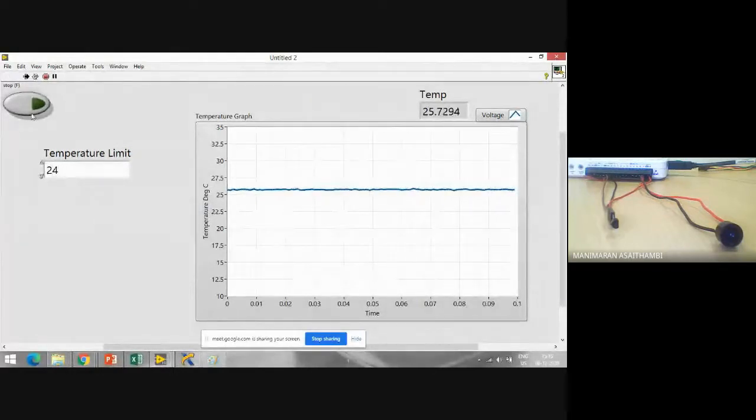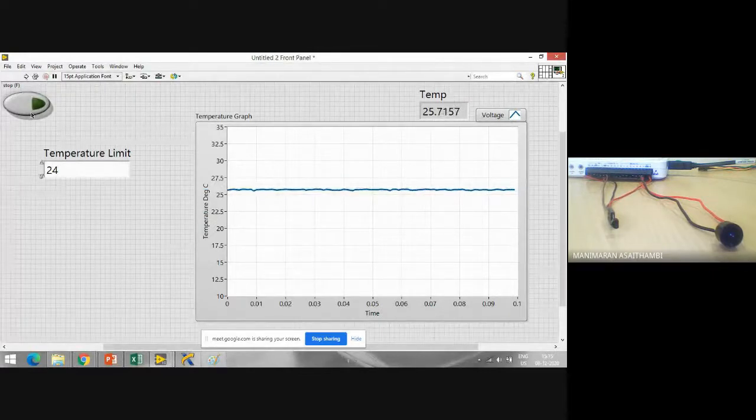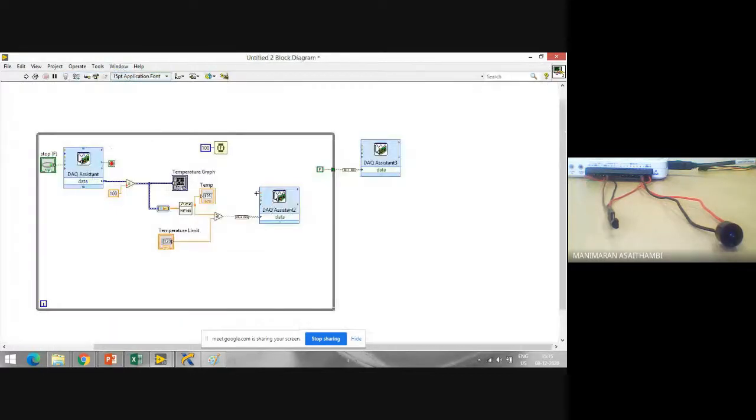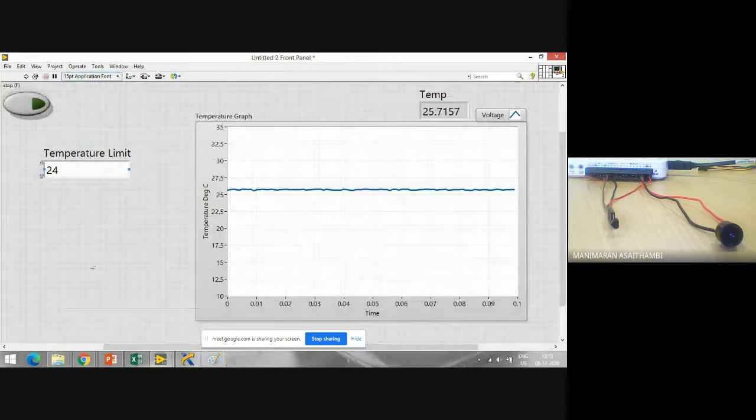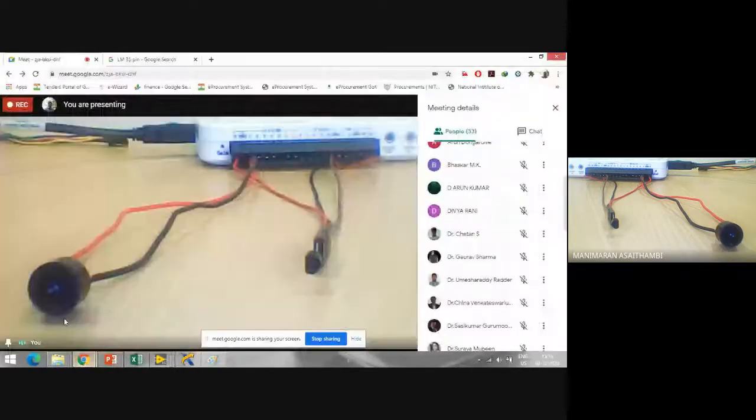When I say stop, my buzzer also stopped. Now I'm not getting any sound because first it will update here. Once I say stop, then this false value will come out. Once again, we are making it manually go to 0 level so that it will not remain in the high state. I am updating that particular terminal to 0 once again. So that is the reason, because of the TTL logic we have. It holds the previous value.